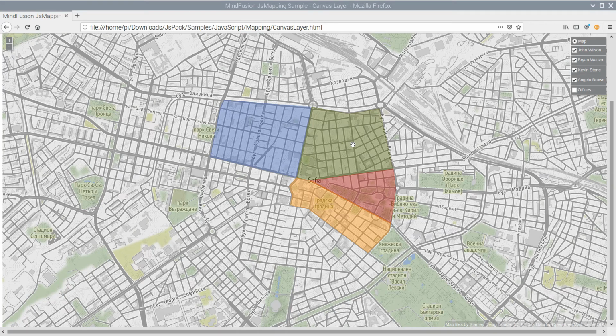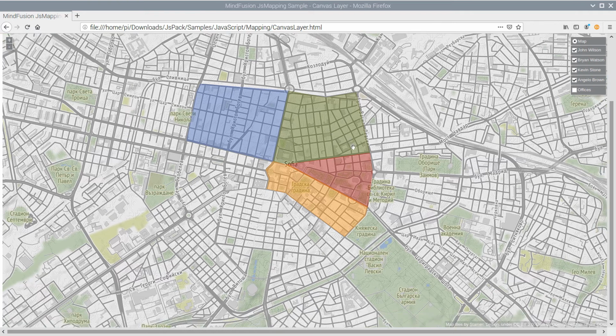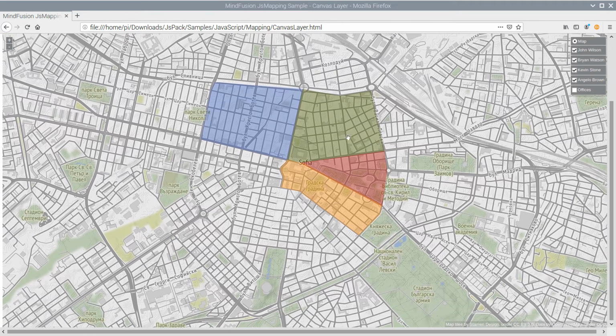In this video tutorial, we are going to use the JavaScript mapping library to build the coverage map that you see on your screen. This is a terrain map, which in a city renders the streets, buildings, parks. We have added several layers on top of this map, the semi-transparent polygons that you see. They represent delivery area covered by couriers of a transportation company.